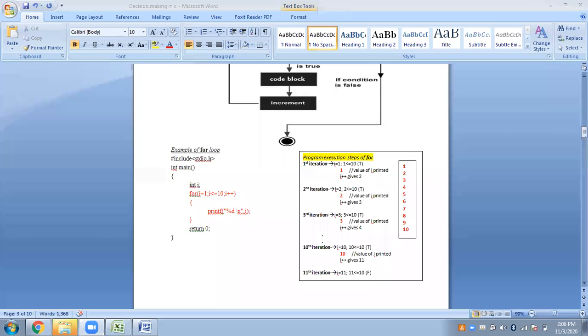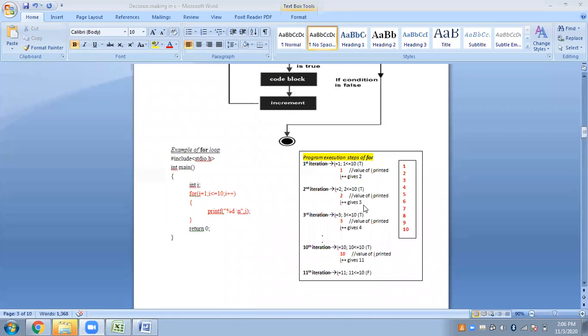Incrementing will give me 11 now. I get an 11 now. Now I come to the next round, which is the 11th iteration. Fine. So in the 11th iteration, again I check for the condition. So is 11 less than or equal to 10? False. So this has been continuing because I started with a value 1 which was less than 10, and every